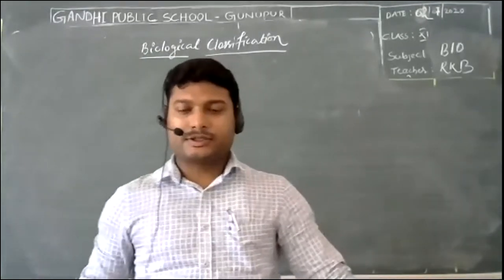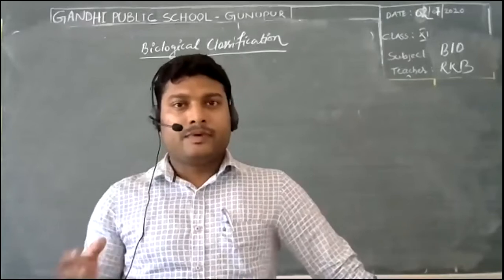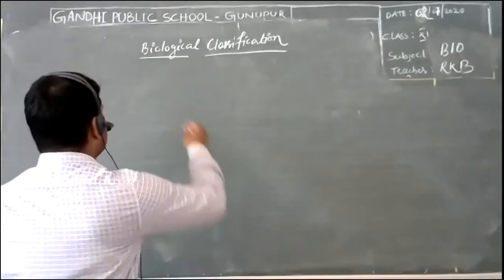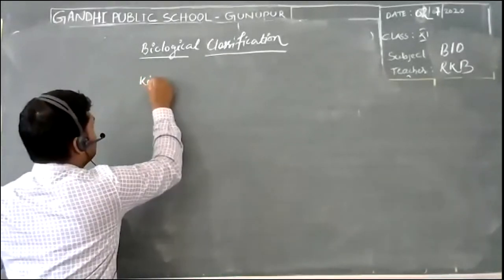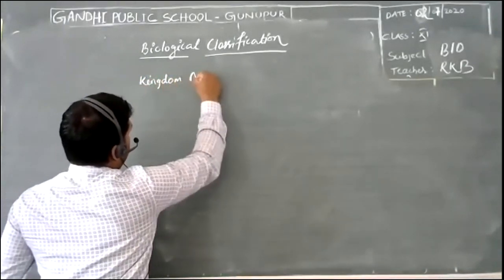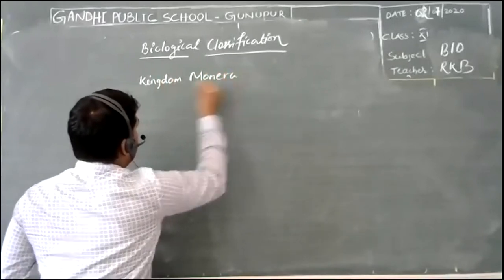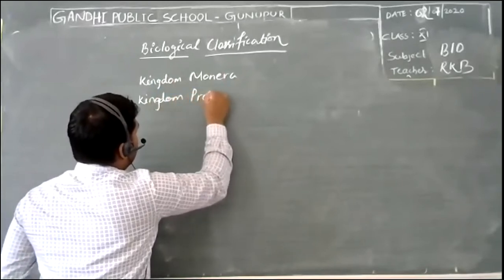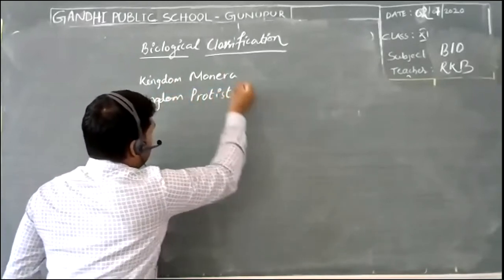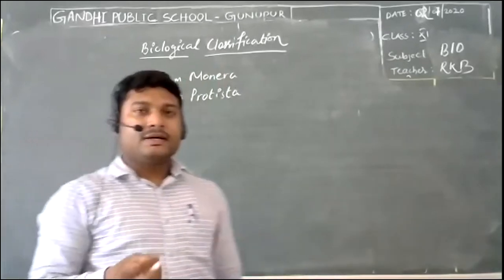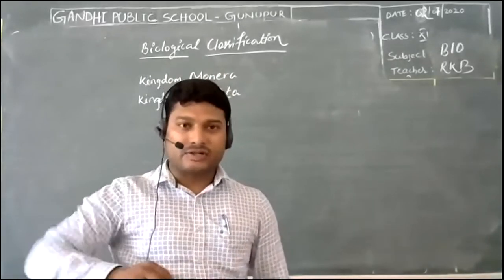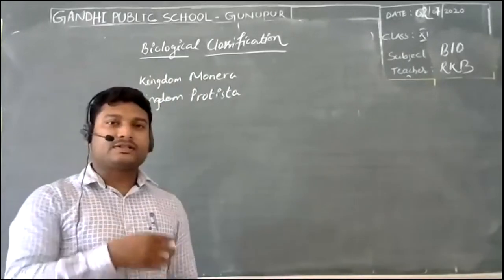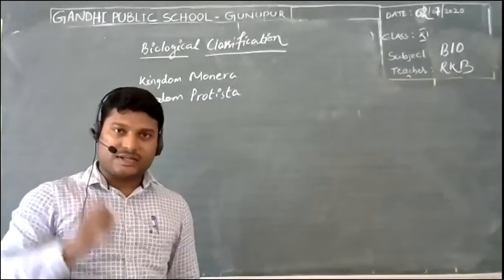So good morning students. Today again we are going to continue with our current chapter, that is biological classification, and by now you understand that we have already completed the kingdom Monera, and we have started with the next kingdom, that is kingdom Protista, right? And in kingdom Protista we have talked about the general features, the habitat, some of the features that are unique to these organisms, the different groups of the protists. So today we're going to start with the next concepts on it.